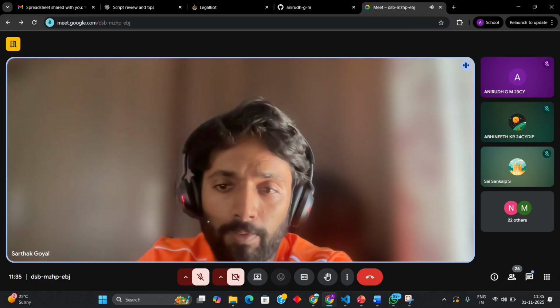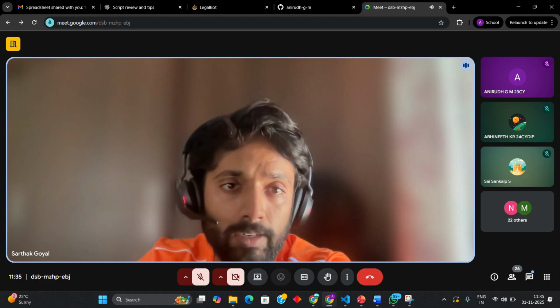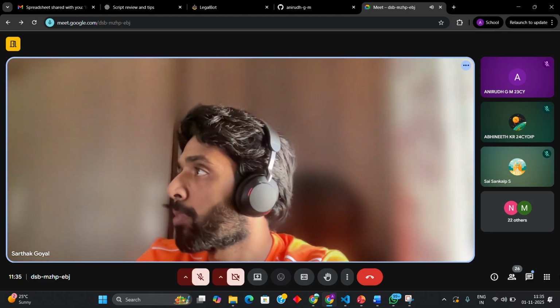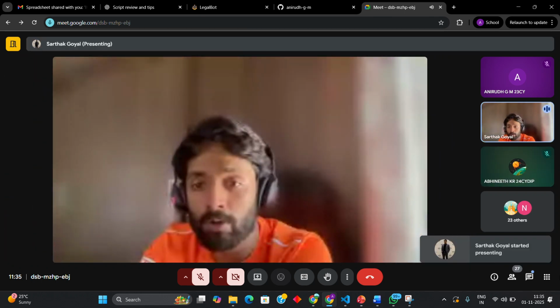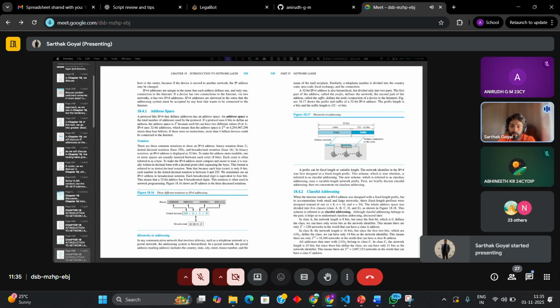Okay, so there are two types of addressing, particularly in data communications. One is called classful addressing, the other one is called classless addressing. Classful addressing, particularly where would you see it? See, when you're talking about the internet IP address, right? It's called address space. What address space means is particularly